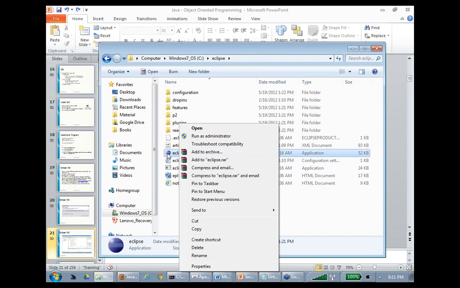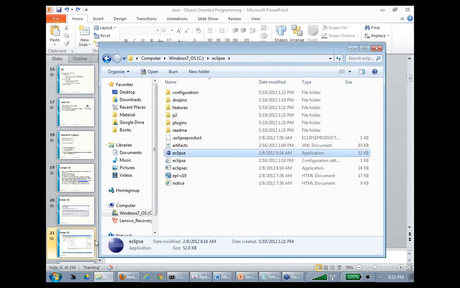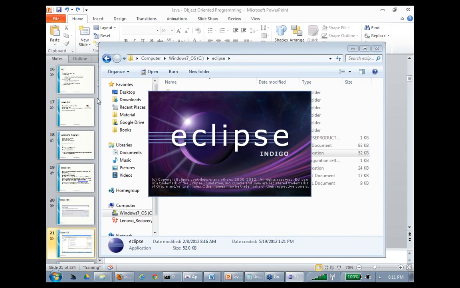So what will I do? I will right click this one and pin to start menu. Then I will go and open here. So when you do it for the first time,